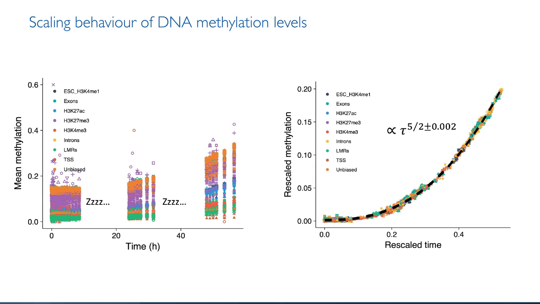Now, this is what is called scaling behavior in physics, and it means that there's only a single mechanism of how DNA methylation is established genome-wide. And we, as physicists, with our equations, can actually hope to understand something. So now this single curve followed almost exactly a simple power law with an exponent of 5/2. In the physical sciences, such power laws are hallmarks of collective or self-organization phenomena.